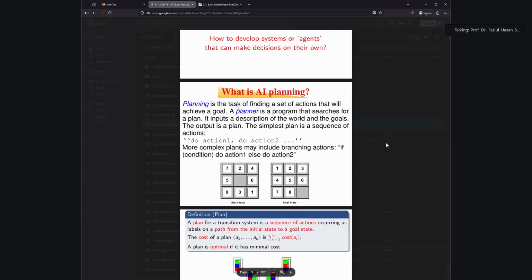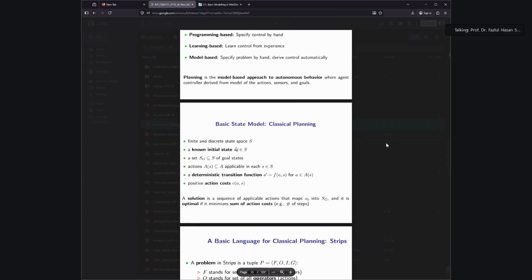But at least you should know what is AI planning, what is planning, what is a planner, what is the difference between scheduling and planning. I have explained this at least a dozen times. So you should know these things. This is only the very basic. And definitely you will be asked to formulate a problem, not solve it, like design a problem in this language, right? In this language.